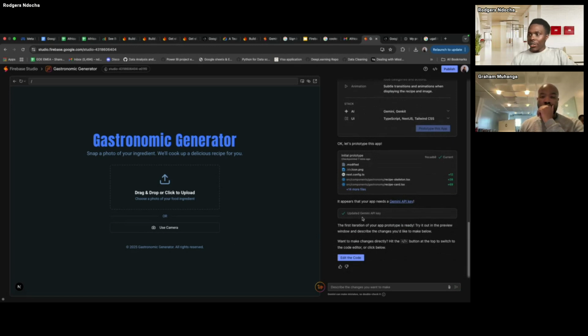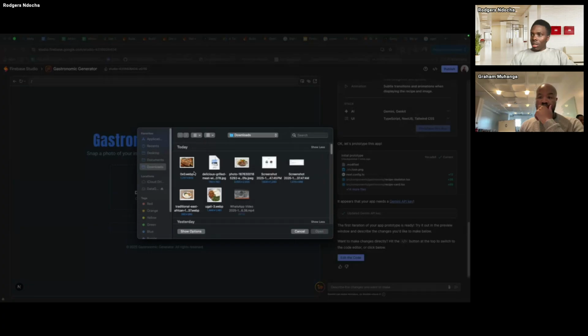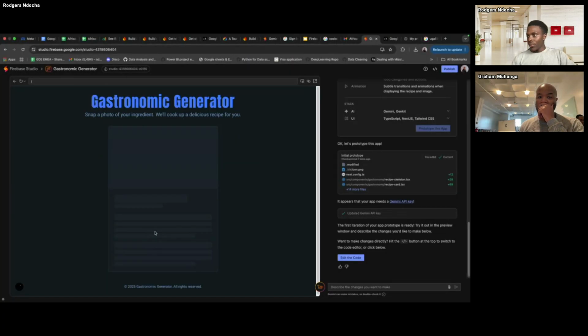Okay, it has automatically generated a Gemini API key. So if I come here and try to detect this, we can see what happens. All right. Any questions so far? Hopefully you are able to connect your project to the billing account. That should be easy. But if you are having any challenges, you can say it on chat. Yeah, hopefully it's detecting.